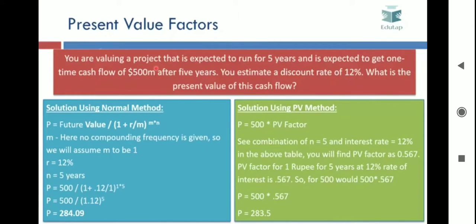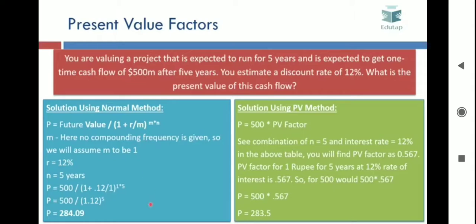Suppose you are valuing a project which is supposed to run for 5 years, and after 5 years you will get $500 million of cash flow, and the discount rate is given to be 12%. You have to find the present value of this cash flow, that is of $500 million after 5 years. So one